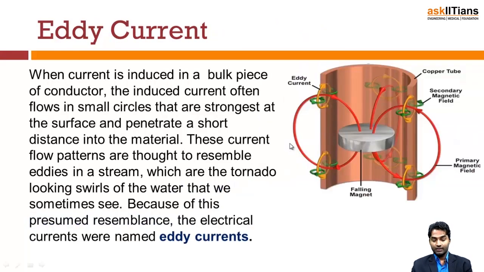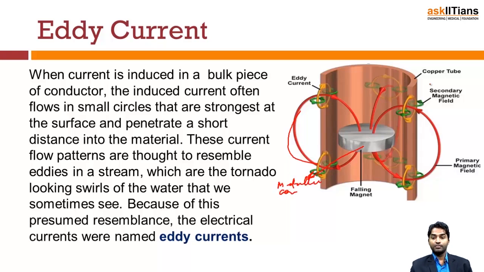Now, when we are talking about eddy current production, when talking about induced current, some drawbacks are associated with this in the eddy current. What is eddy current? How does it look? We can see the diagram. This is a tornado kind of circular circuit produced across the metallic part. This is the metallic conducting part,